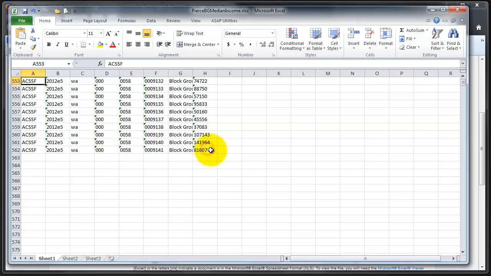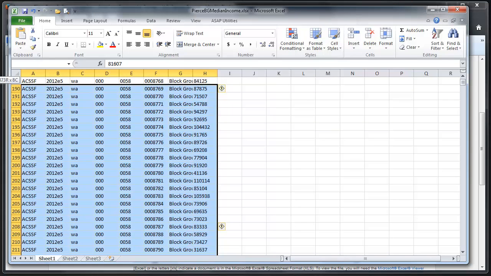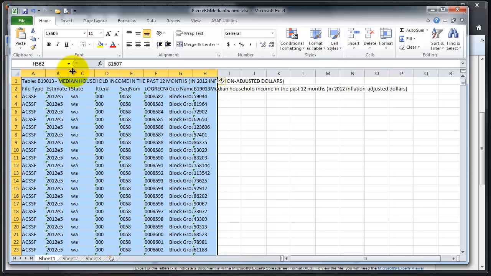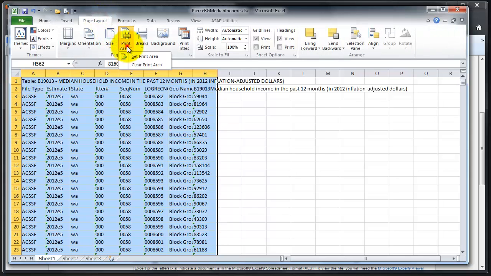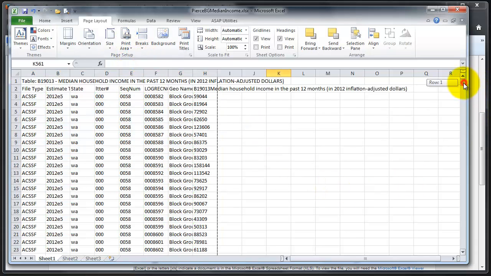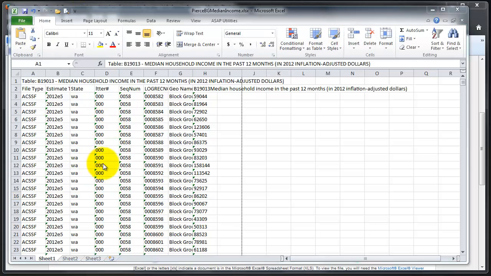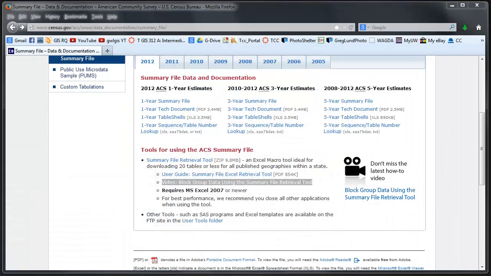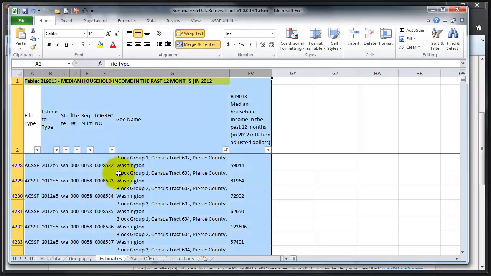To keep this from giving me fits, I'm going to go up to Page Layout, Print Area, and set the print area. I thought it would be much easier to scroll down, but that didn't help. Now that I got that pasted, I'm going to save it for safekeeping in case something crashes. Minimize it, and that didn't help. There we go. Now if I go to the geography table,